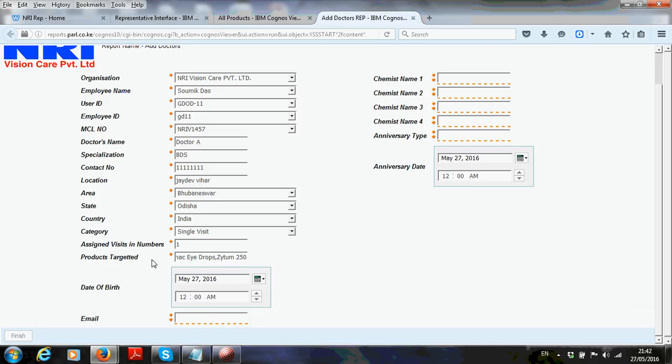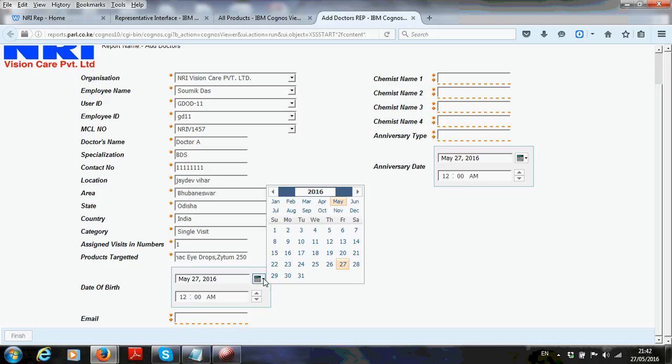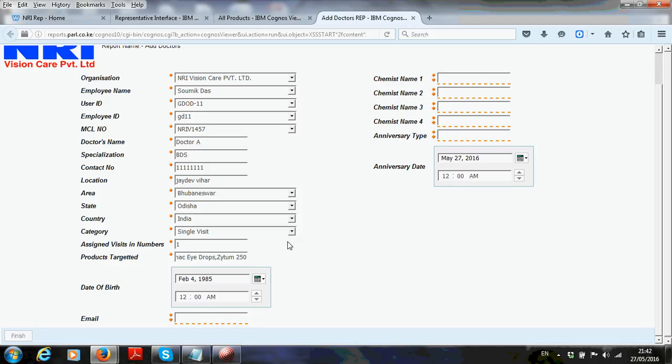Once I have made entry for products targeted, then I need to make an entry for date of birth of the doctor. Now for instance, the date of birth of the doctor is like 1985, maybe 4th of February.